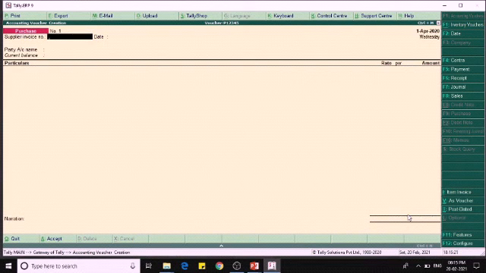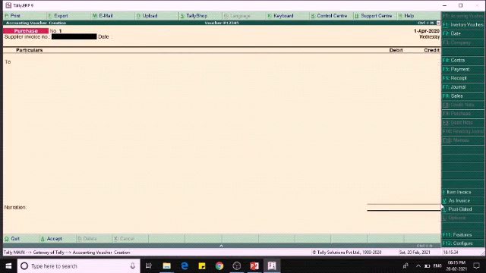Okay, so it is in the invoice mode. For changing this into voucher mode we have to select this, or we can give Control plus V. Okay, so we can now create the purchase voucher.